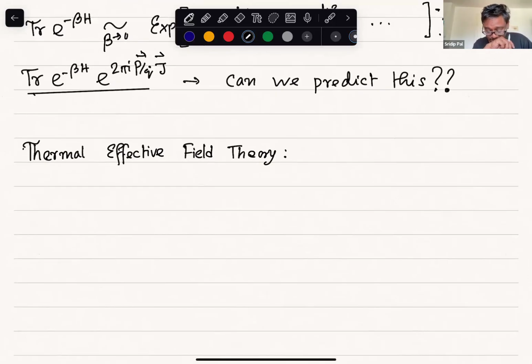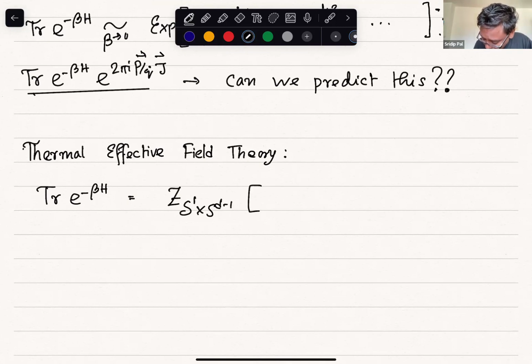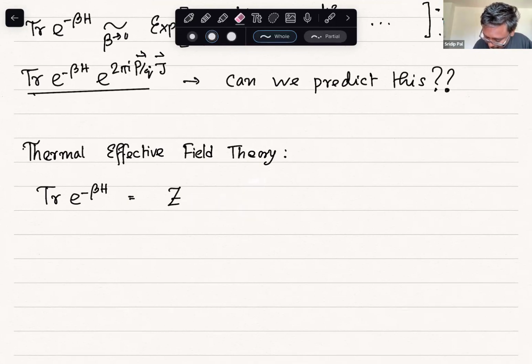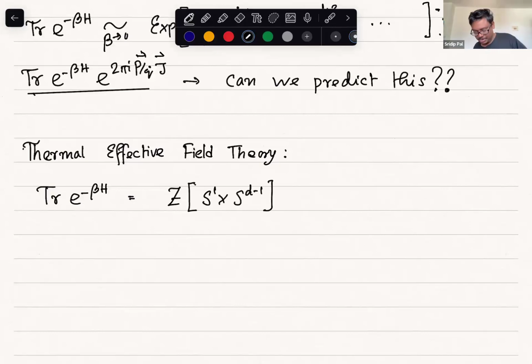So to explain the thermal effective field theory, first we need to realize that this trace e power minus beta H is nothing but a path integral evaluated on this manifold. Okay, let me write it down the following. It would be easier. Z. Is that clear? So basically, this S1 has a cycle length beta, and basically we are doing a path integral